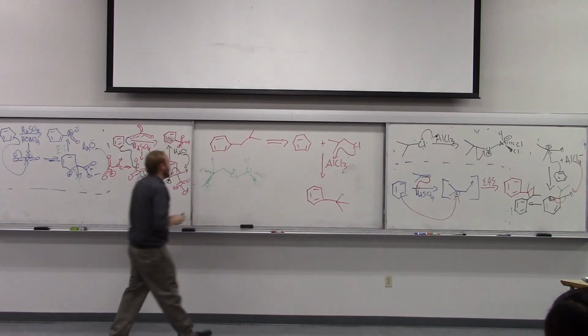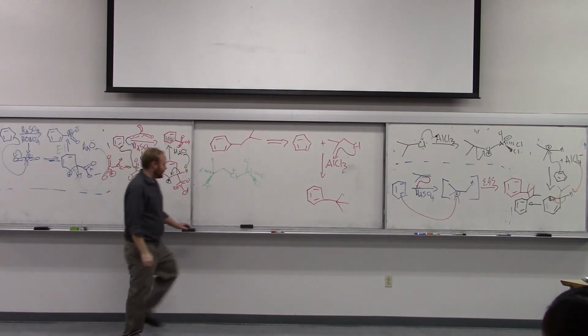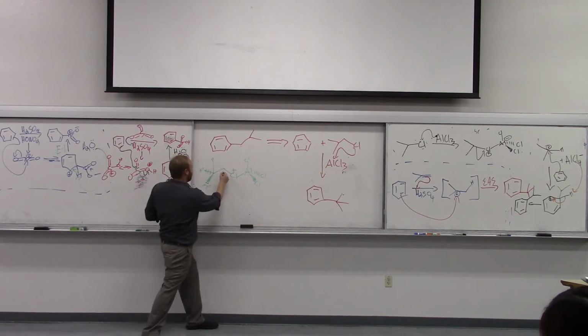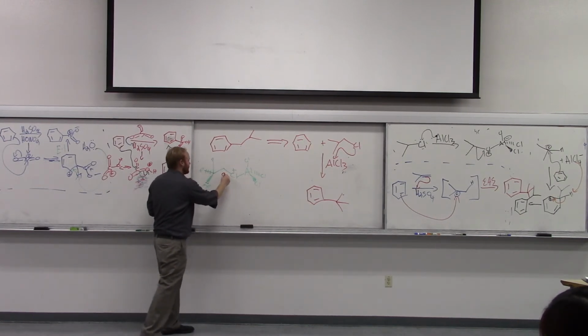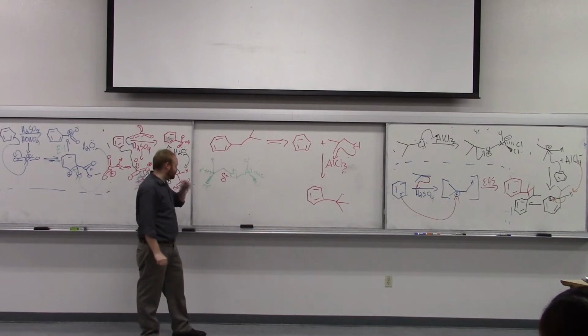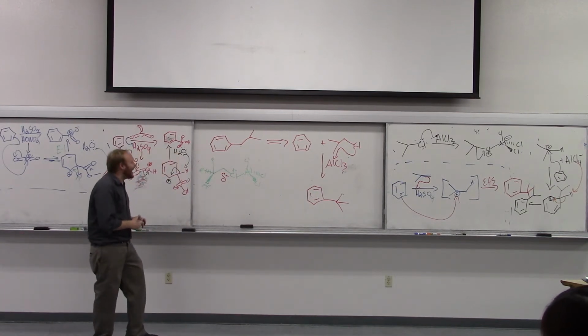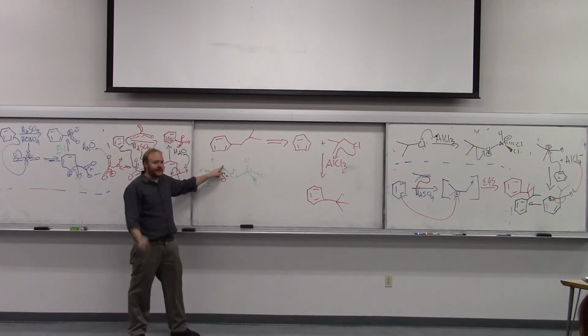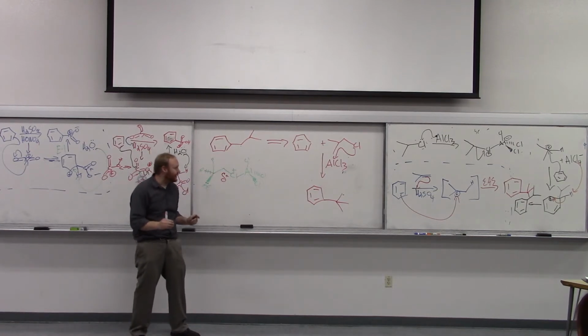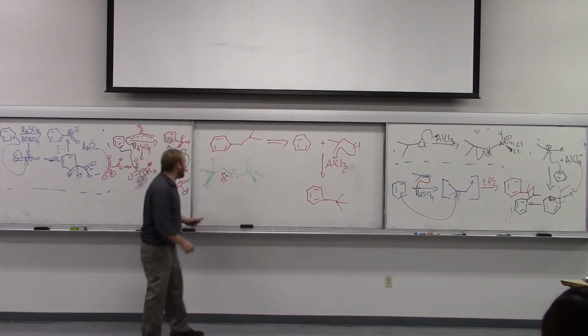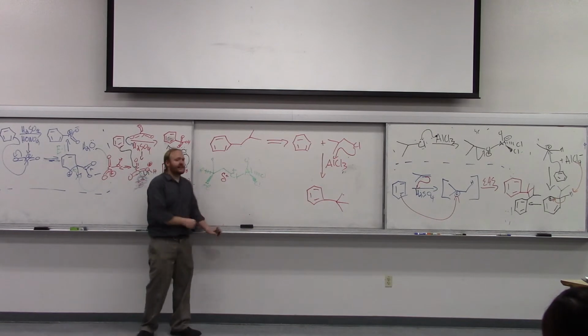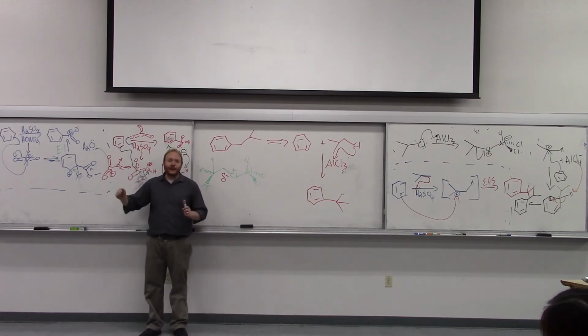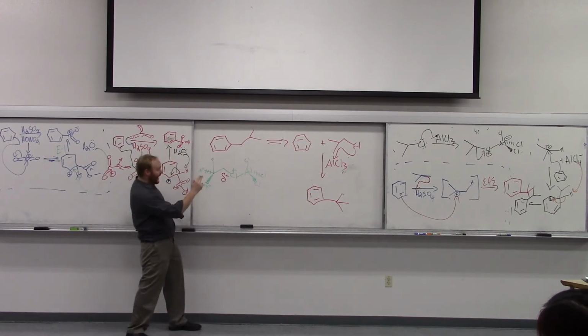But now what can happen is, we have a lot of partial positive charge at this carbon. So there's a lot of cationic character on this carbon, but it's primary, so it's not going to fully commit to give us the carbocation. But what we can do is have a 1,2 hydride shift, a hydride rearrangement. And so if we do this hydride rearrangement,